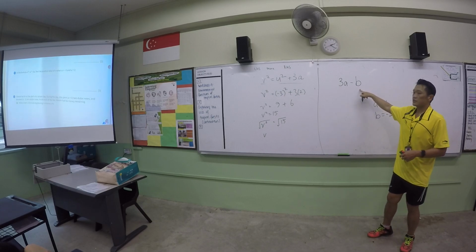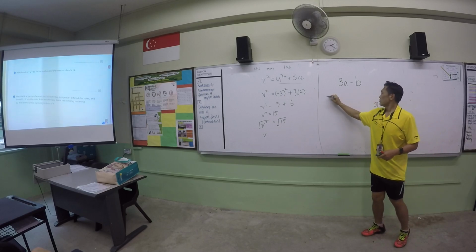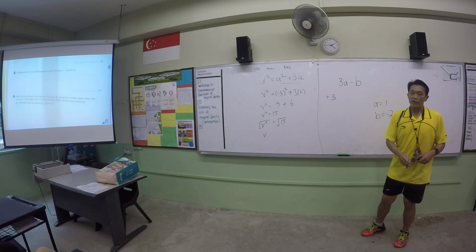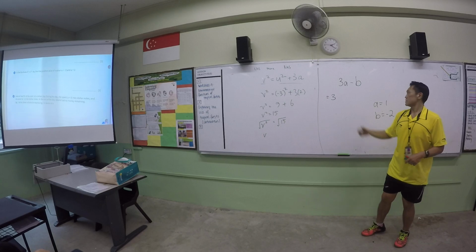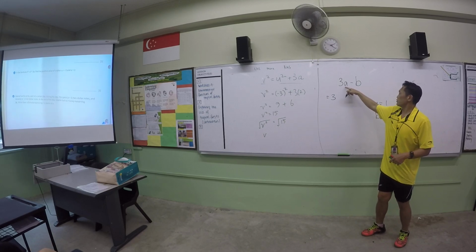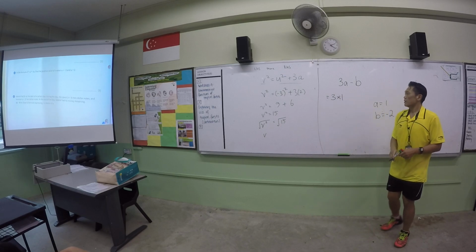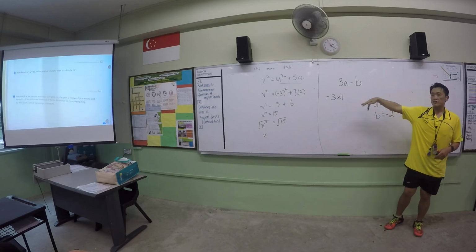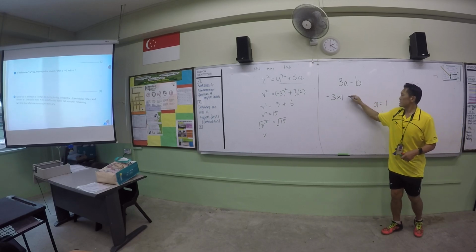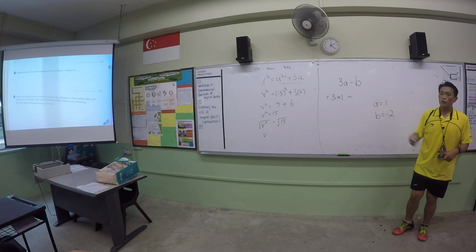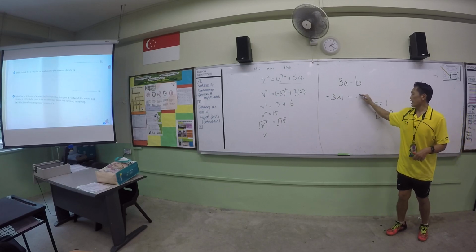This is minus B. One way, if you don't put your bracket, is you know this is 3 times A, so you want 3 times 1. You don't put bracket, you can write this minus negative 2. Okay? To prevent us from making any mistake,